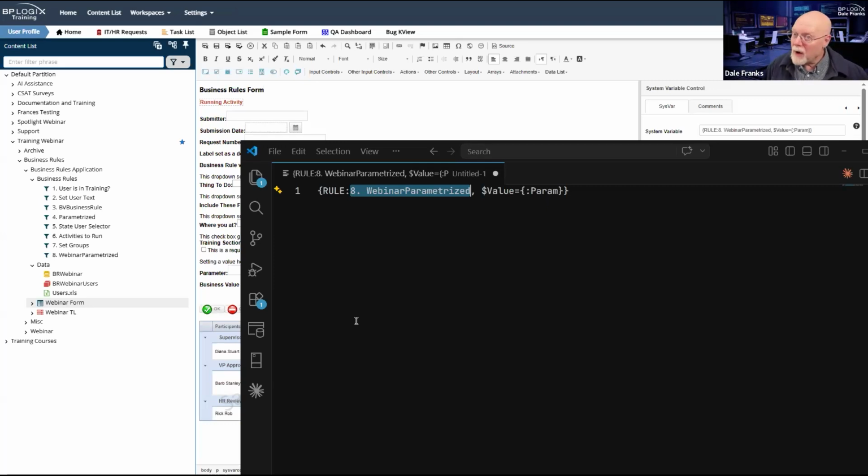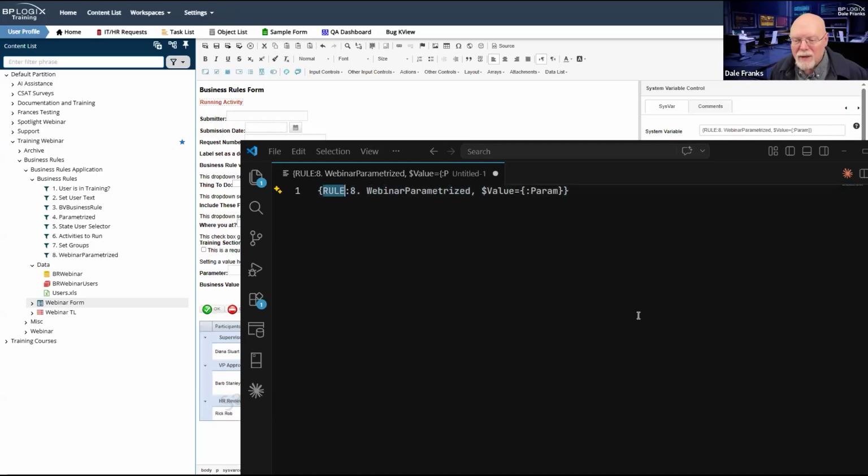However, system variables don't work that way. In system variables, the names are important. Same thing happens whenever you do imports, because GUIDs aren't transferable. Process Director is going to look at the name. So for a system variable, this name has to match exactly the name of the business rule you're trying to invoke.